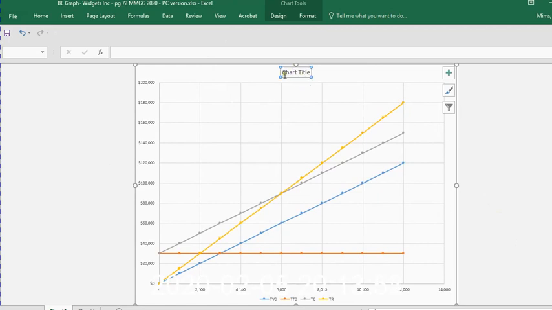Let's fix our chart title first. That's real easy to fix. Just click on it: Widgets, Inc. Break-Even Graph. Okay, and just click someplace else. Now, let's double check our work here. Total revenue is this gold line. That's perfect because it went up to 180,000. Total revenue is on this y-axis, the vertical axis, and the number of units produced is on our